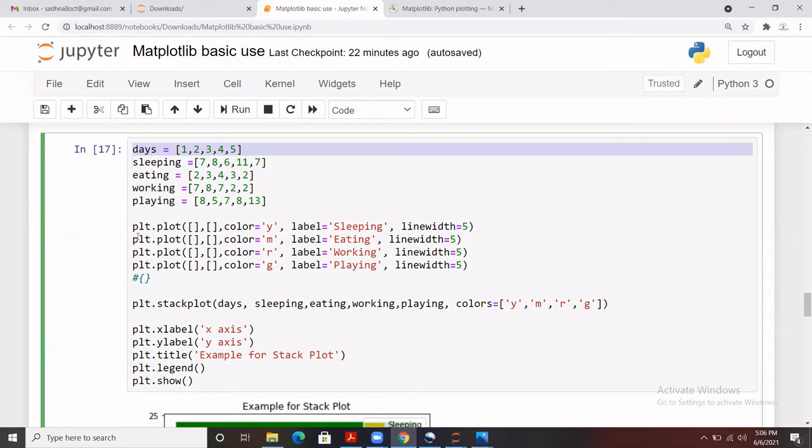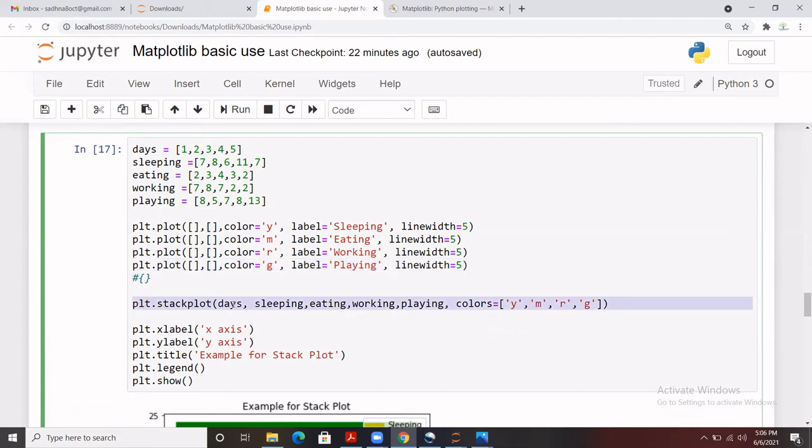First we have created the plot for sleeping, and I have given it a different name. Yellow is for sleeping, and I have set the line width. Then I created a plot for eating, for working, and for playing as well. Then I combined all of those into a stack plot.